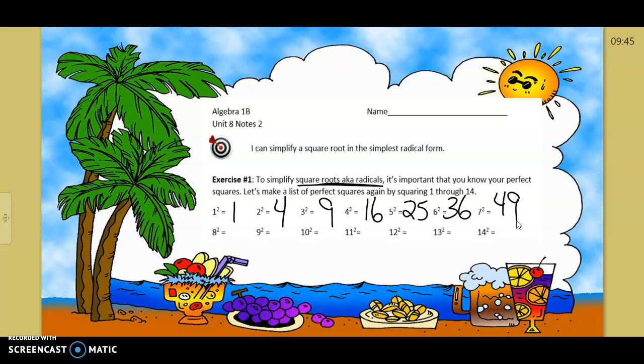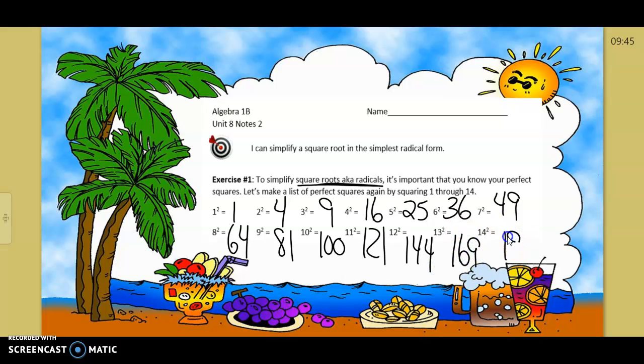How'd you do so far? Those ones, hopefully you were able to do without the use of a calculator. And then we do 8 squared. 8 times 8, 64. 9 times 9, 81. 10 times 10 is 100. 11 times 11, these ones get a little trickier. 121. 12 times 12 is 144. Excellent. Okay, so I don't think we'll have to actually go above 100 today, but just in case